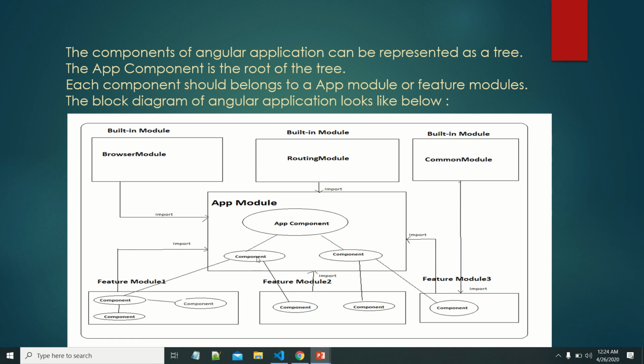The display component can be shown here, used within the app component. Suppose the display component is using some other components, those can be represented here like this. All the component structures can be represented as a tree structure of components. Thank you.